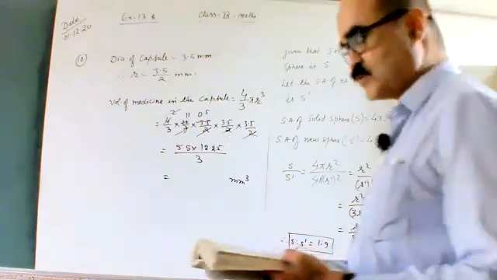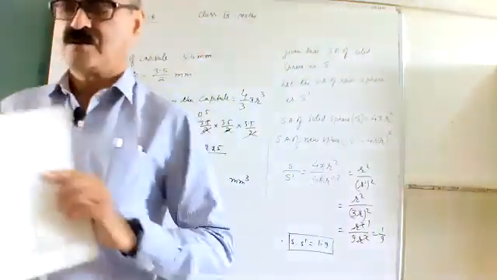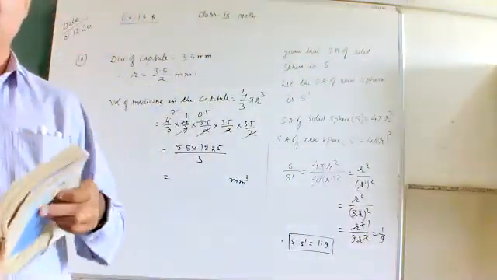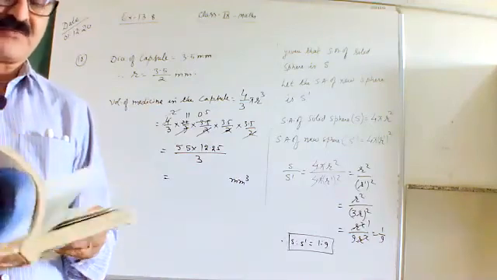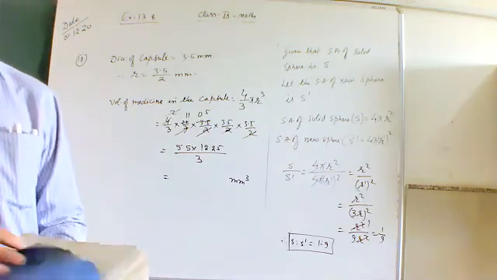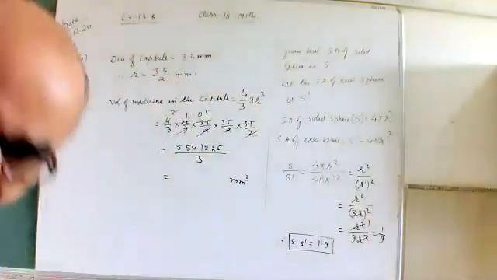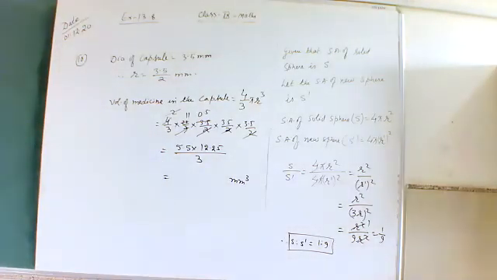So this chapter is also over, and your time is also over. We will start the next chapter, chapter number 14, statistics, from tomorrow. And be regular and punctual in your class, because many of you are not attending the class. Only 22 students are there. So this is very bad data.